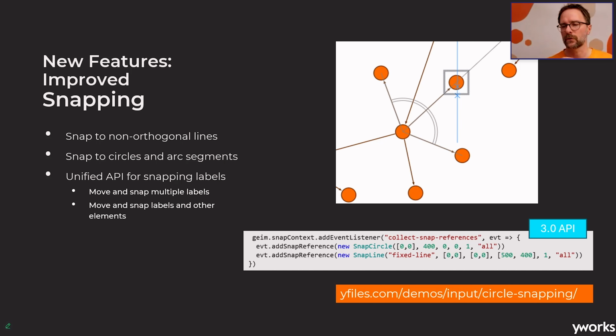So you could only snap to horizontal or vertical lines in the case of nodes. For labels, you could also snap to angled lines, but this didn't work for nodes. And since we unified and refactored the API, we now add the option to also snap to arbitrary lines or line segments, as well as circles or arc segments. And now this enables users